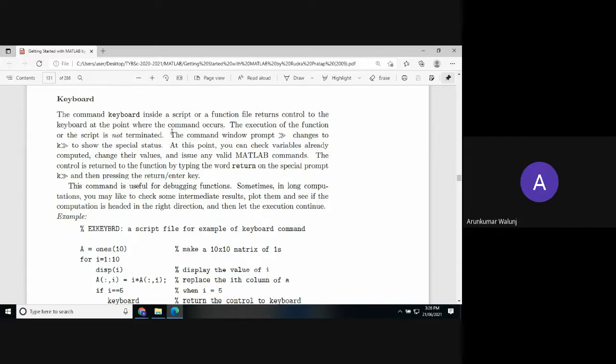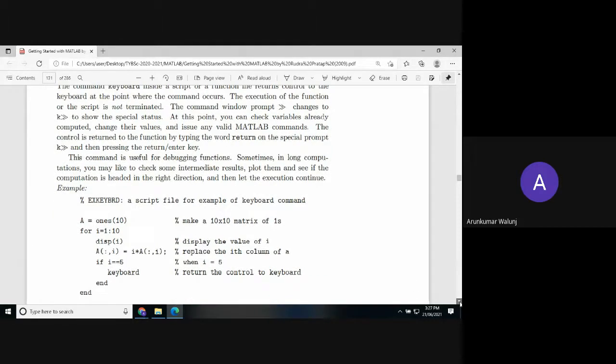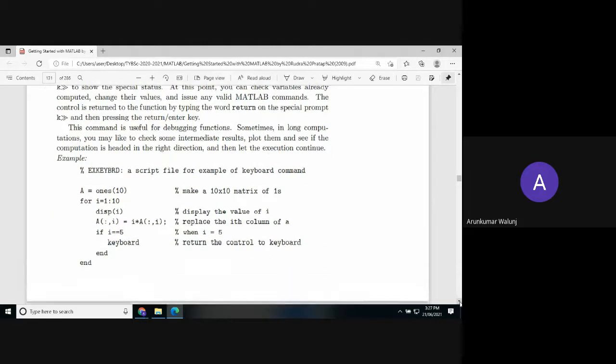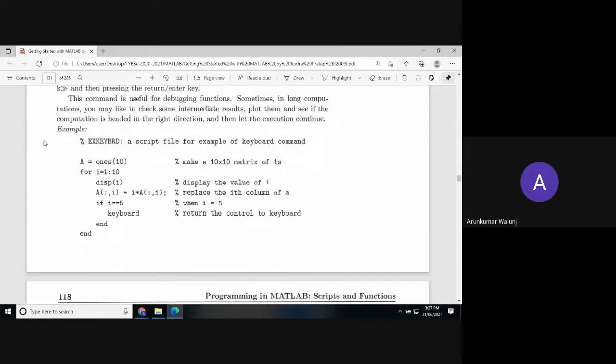So wherever you write keyboard, the command window prompt changes to say K to show the special status. The control is returned to the function by typing the word return, just like a return. This will prompt you to say some command.